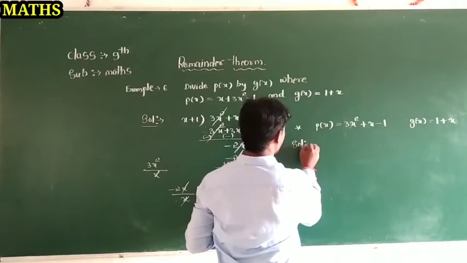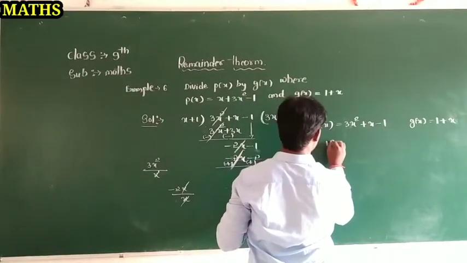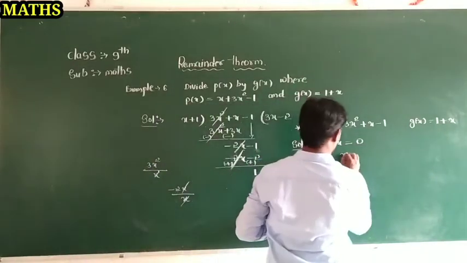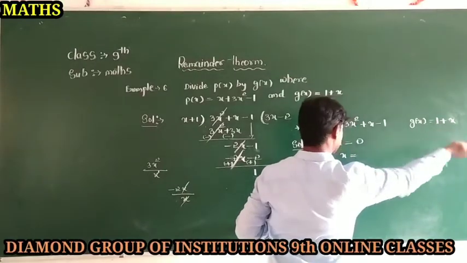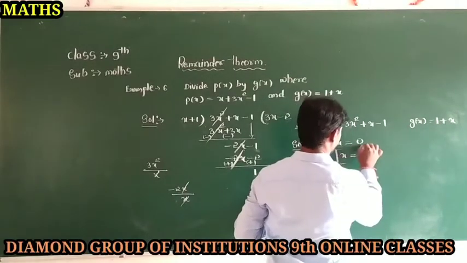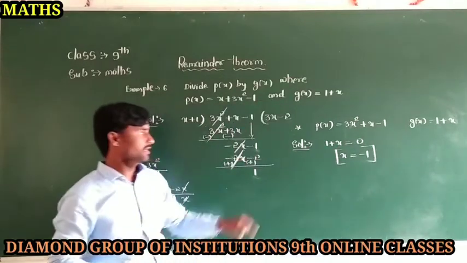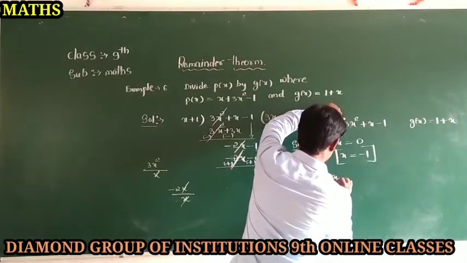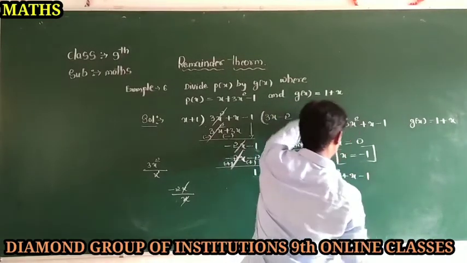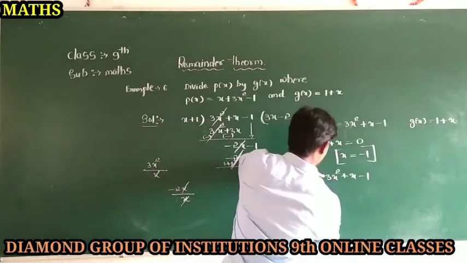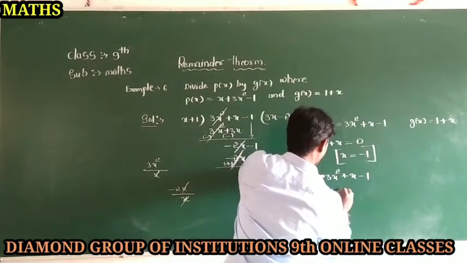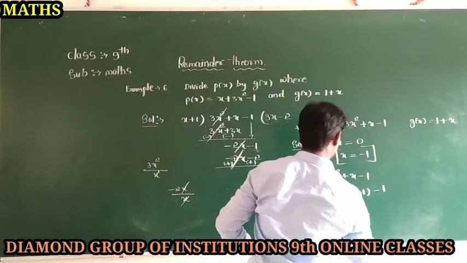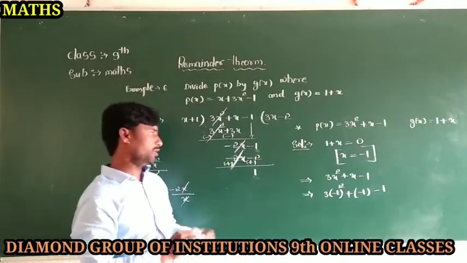Solution here only. First you should take the g of x. 1 plus x is equal to 0, the polynomial is considered 0, dear students. Next, x is equal to, this plus 1 is transferred to that side, so it becomes minus 1. In the given polynomial, wherever there is x, substitute the value minus 1. So now I am taking this polynomial, 3x square plus x minus 1. Here 3x square means 3 as it is, and in the x place you should substitute the value minus 1 whole square, plus here the x value is minus 1, and minus 1, dear students. Here you should clearly substitute the value.